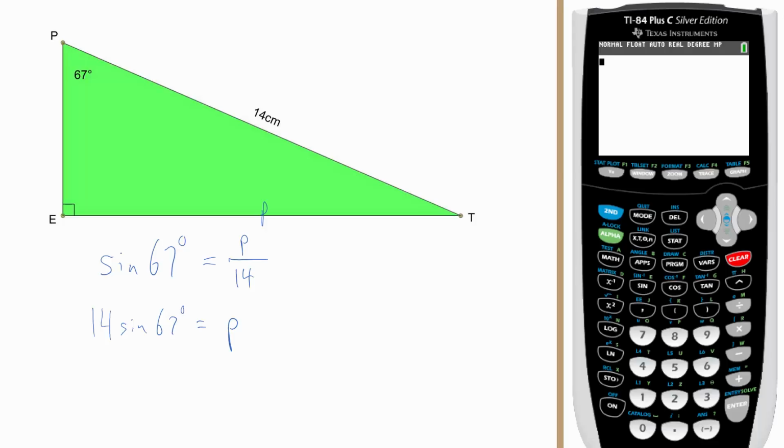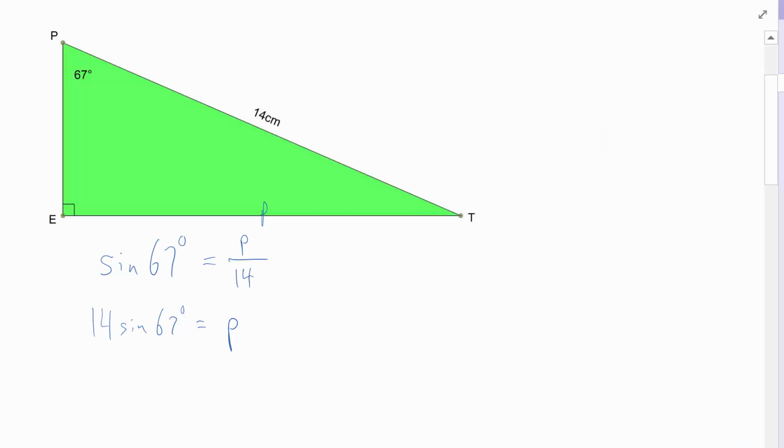Grab our calculator now and type in 14 times sine 67. Enter. We are getting approximately 12.9 centimeters for side little p. We'll go to one decimal place in this question today. So p is approximately